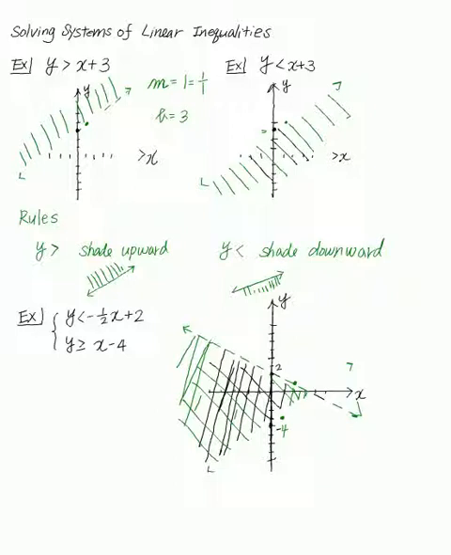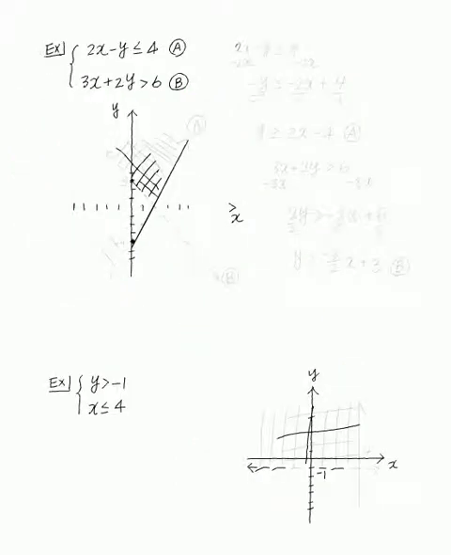Let's try another example. This next example, I have 2x minus y is less than or equal to 4. I'm going to call that equation A. And 3x plus 2y is bigger than 6. That's going to be my B inequality. I'm going to take the first inequality, A, which is the 2x